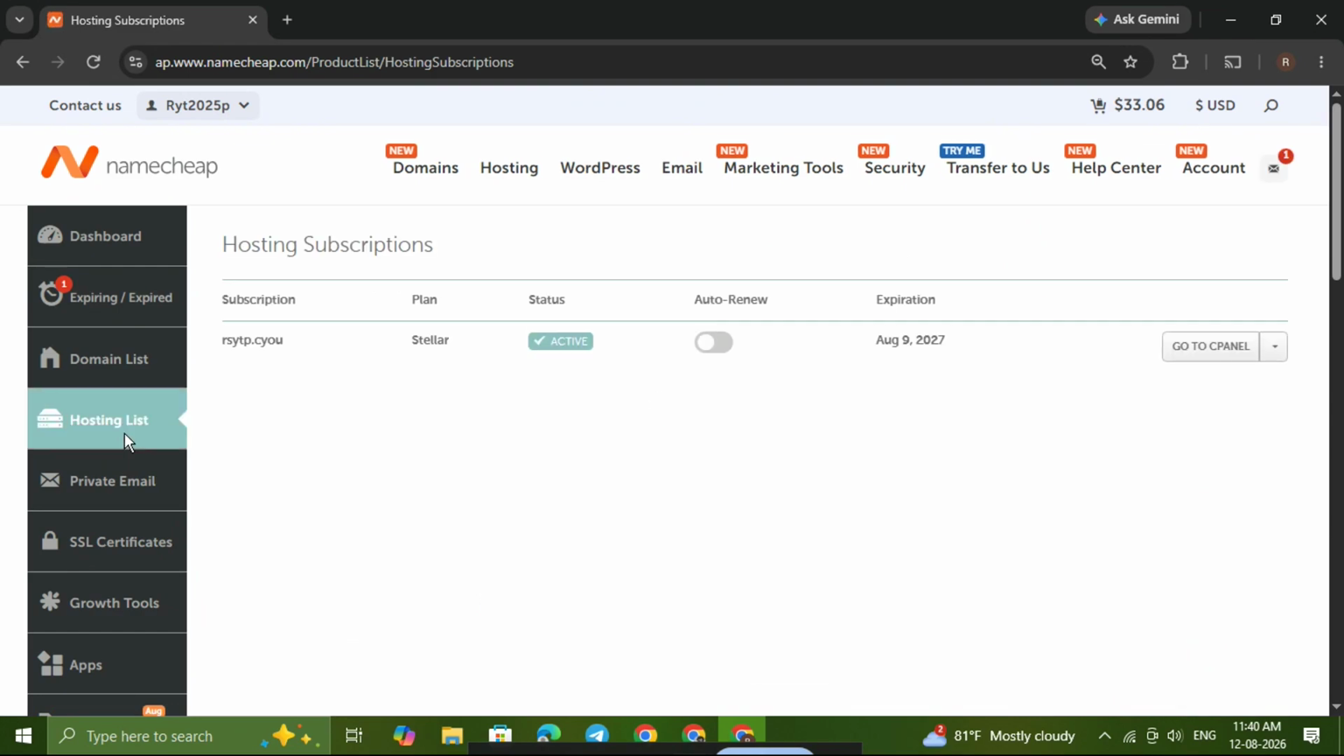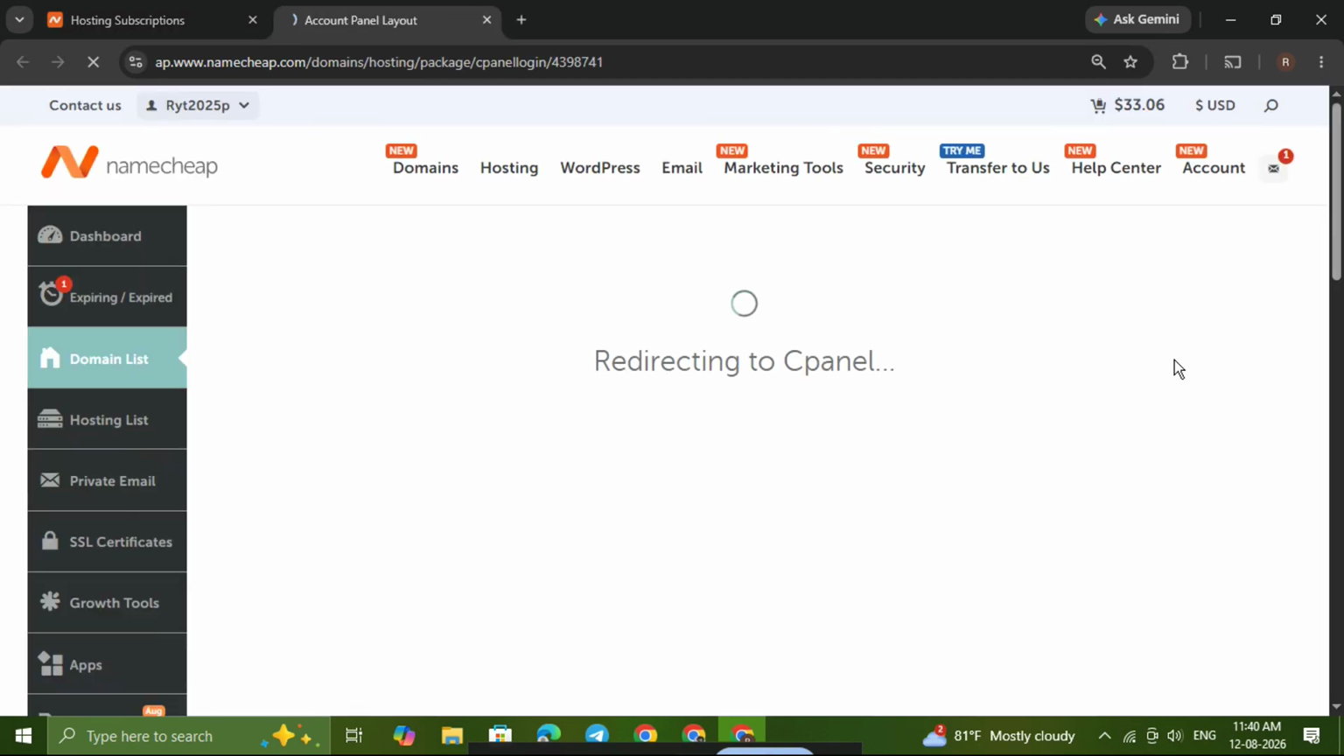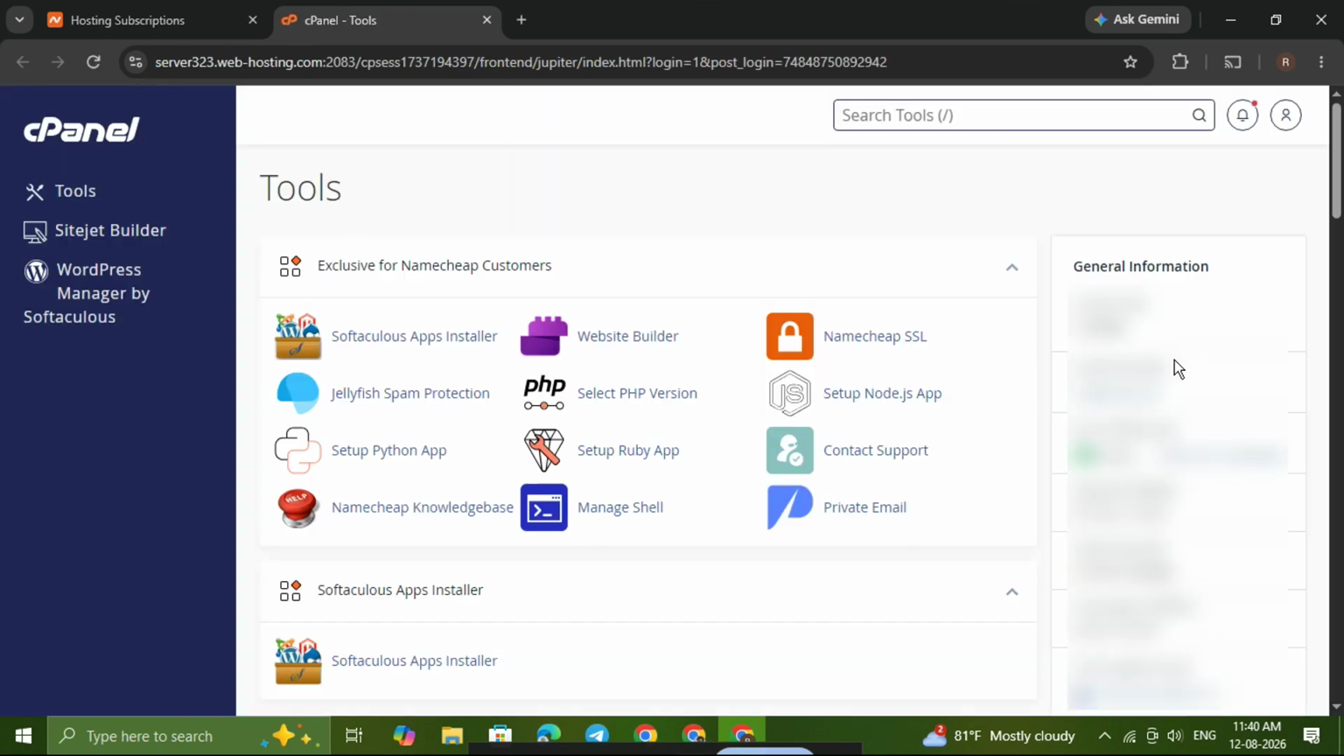Now find the hosting account you want to work with. If you have more than one plan, make sure you choose the correct one. Next, click Go to CPanel. This will open the control panel for that hosting account, where you can manage your website settings, files, domains, and